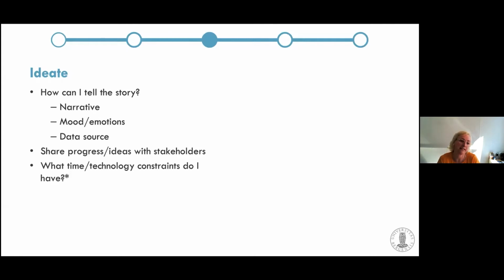But here the idea is to narrate, to iron out your narrative. So thinking about the flow of your visualization. How is the user guided through your interface? So for example,